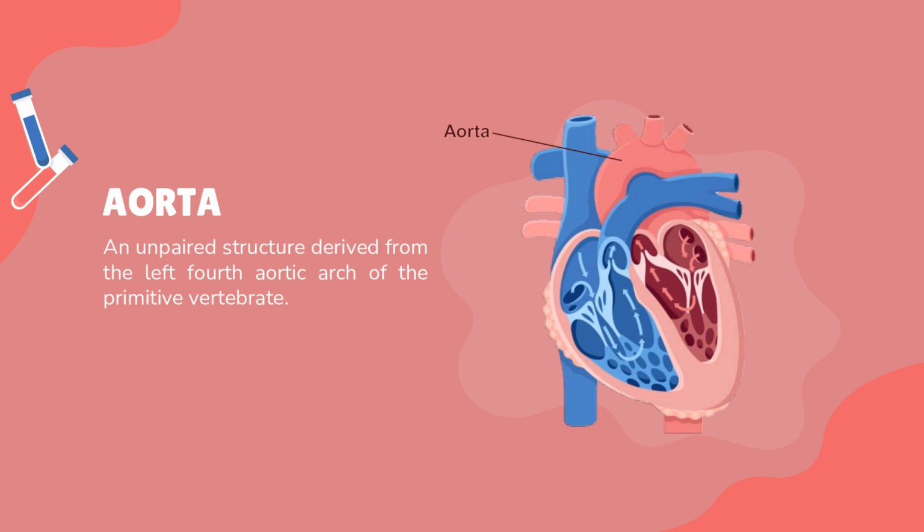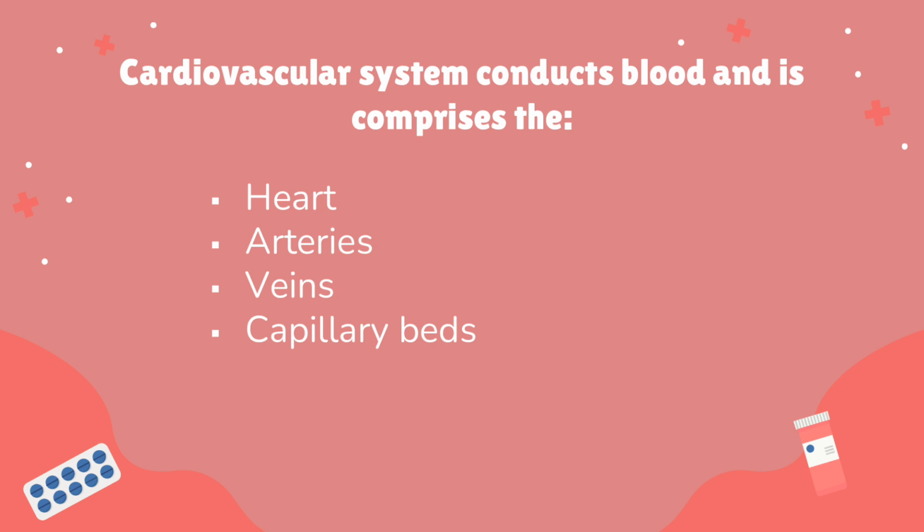and other complications. Next, we have the cardiovascular system, which conducts blood and comprises the heart, arteries, veins, and capillary beds. The heart is responsible for pumping blood throughout the body. It also works with the other body systems to control heart rate and blood pressure. The arteries are responsible for carrying oxygen-rich blood from the heart to the body. The veins are blood vessels that return oxygen-depleted blood to the heart. And lastly, the capillary beds facilitate the exchange of nutrients, gases, wastes, and hormones between the blood and tissue